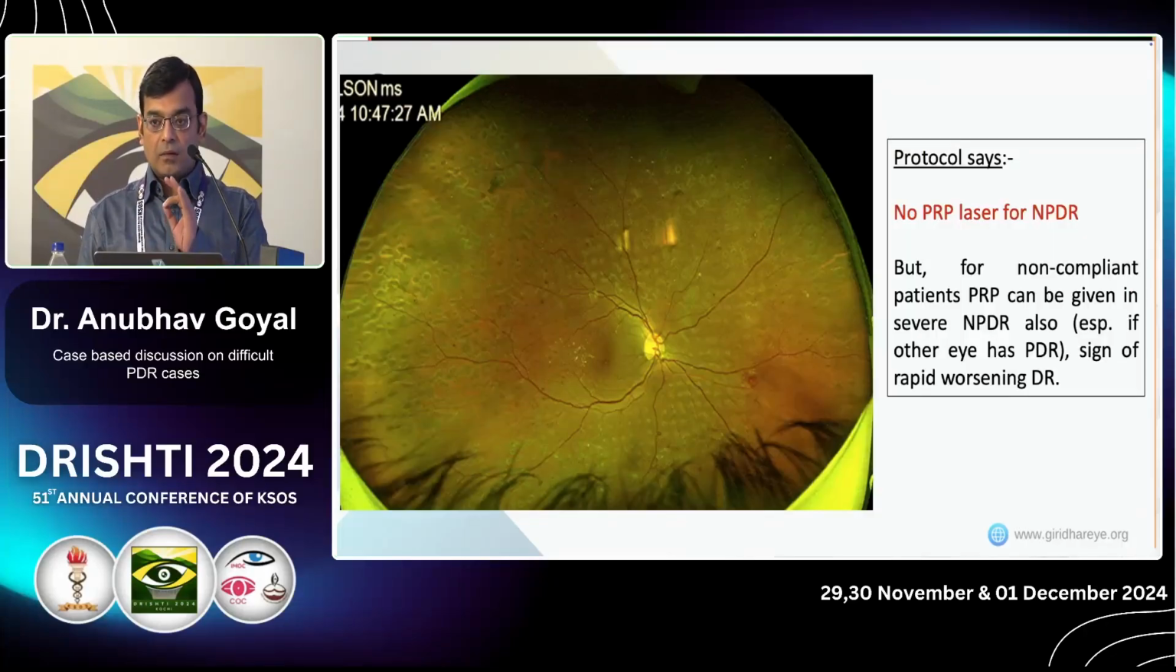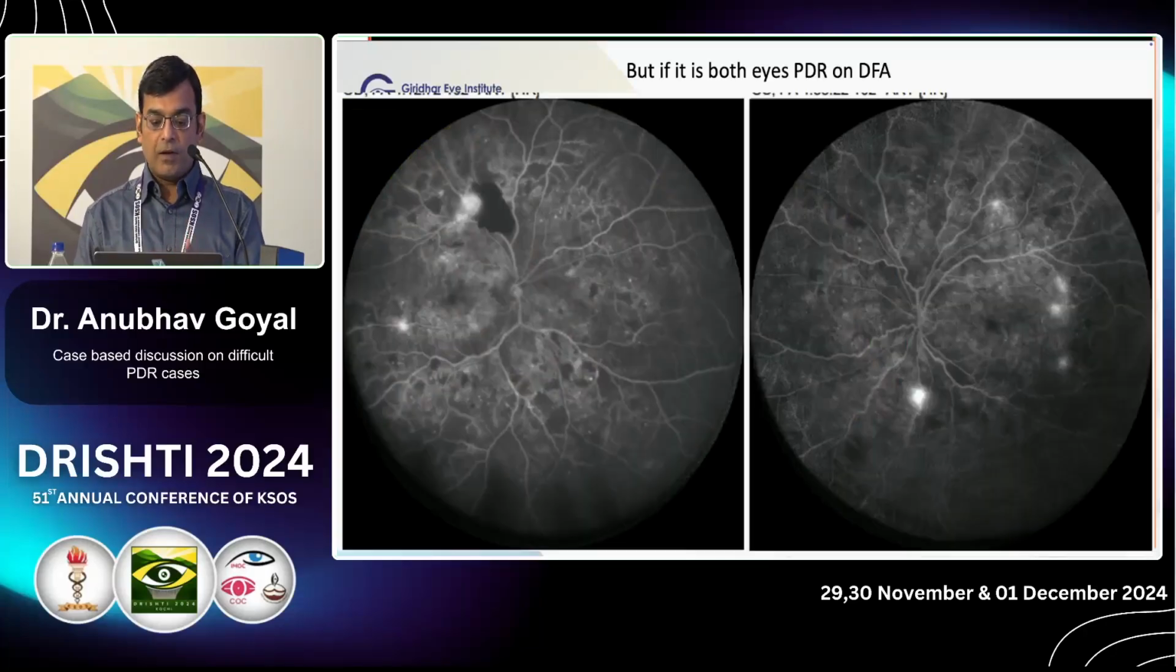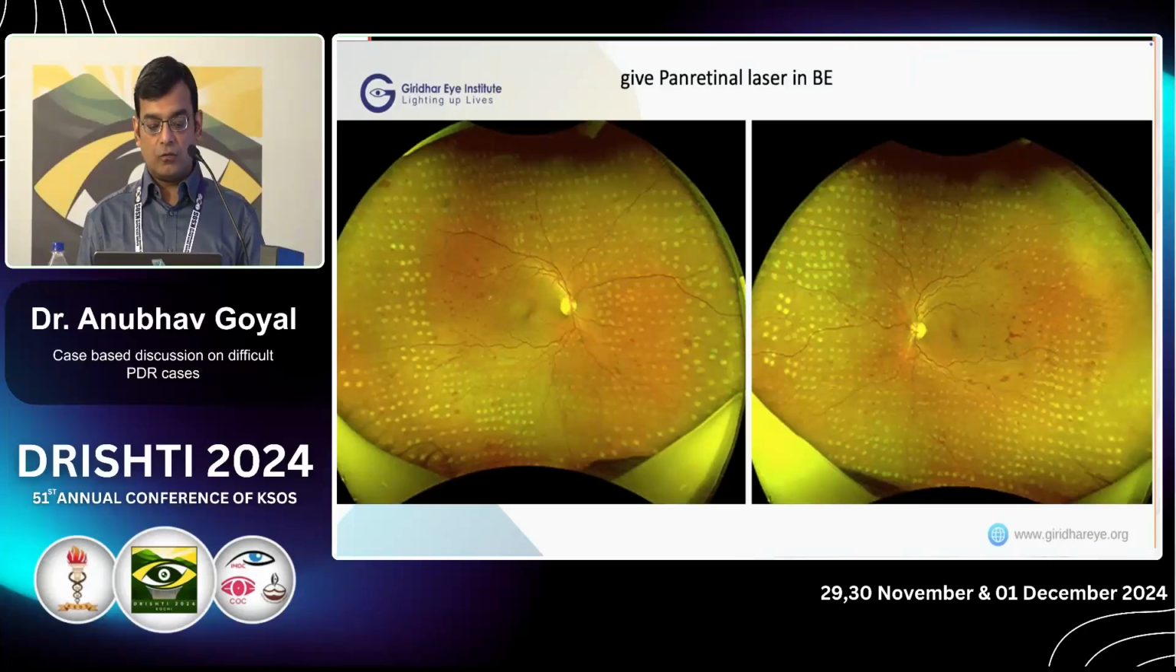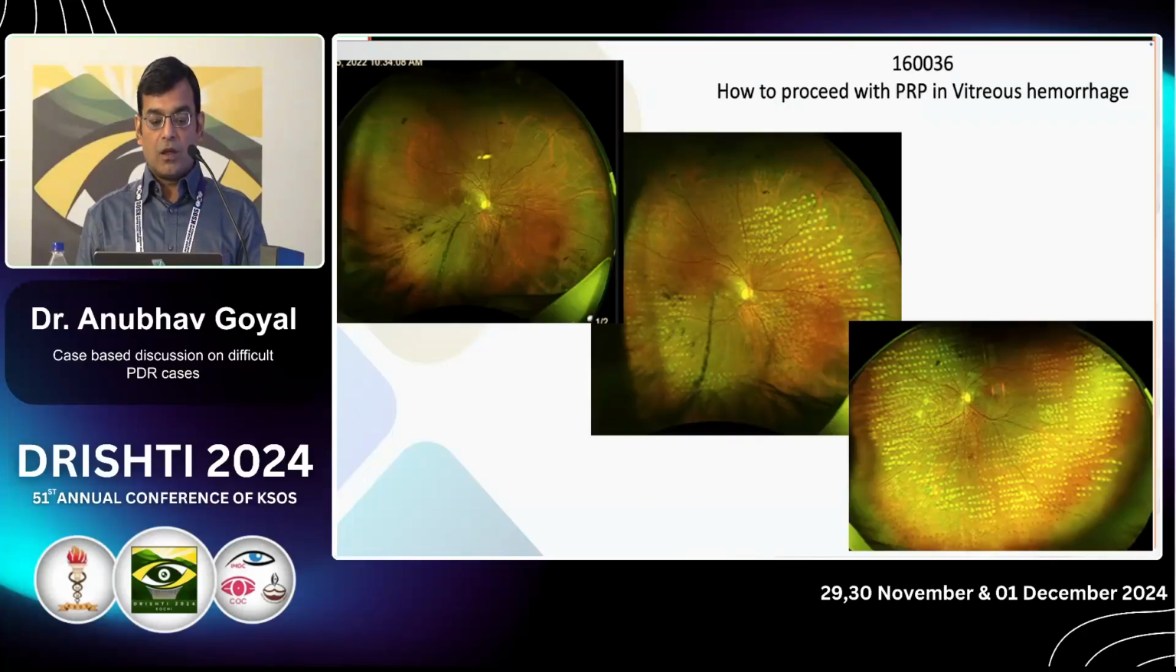NPDR, as per protocol and studies, should not be treated unless the patient is non-compliant. In that case only you can give PRP; otherwise you need close follow-up and treat accordingly. If the left eye is also having PDR, diagnosed on angiogram, then obviously laser has to be considered as soon as possible. In a case with fresh or resolving vitreous hemorrhage, target the treatment accordingly: start PRP from the visible area, like the superior quadrant,